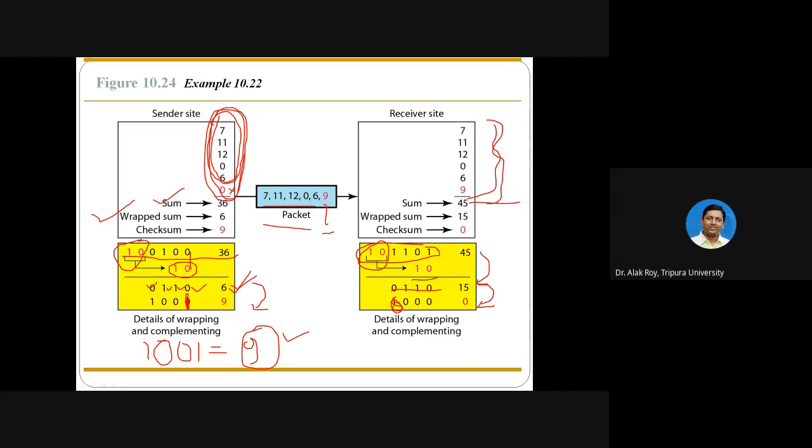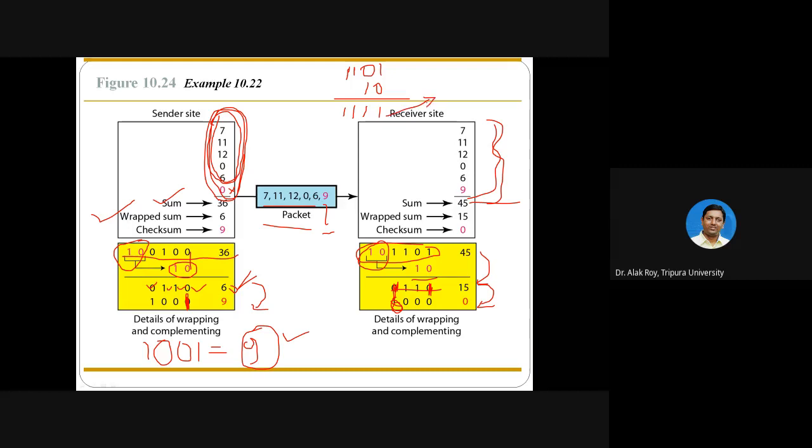So let's check what error has happened here. The sum should be 1, 0, 1, 1, 0, 1 with 1, 0, and it will come as 1, 1, 1, 1.